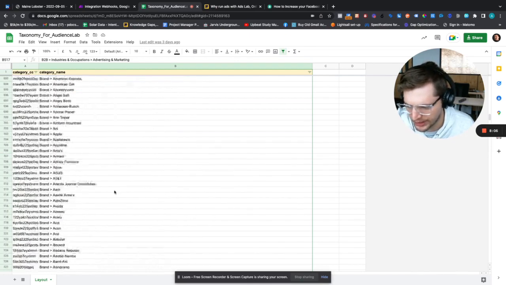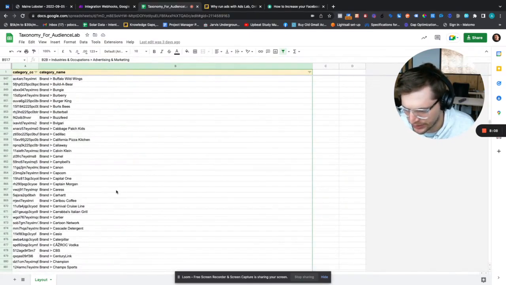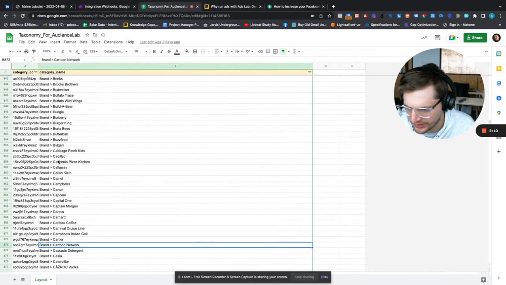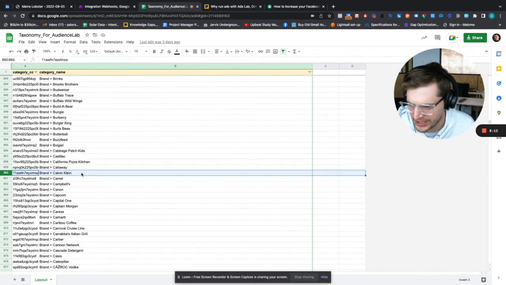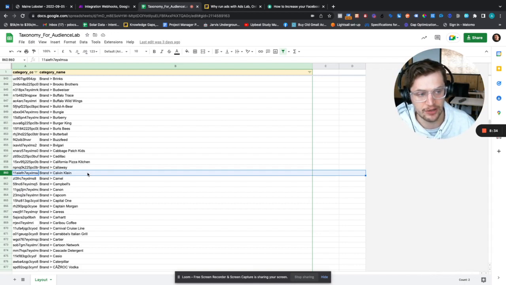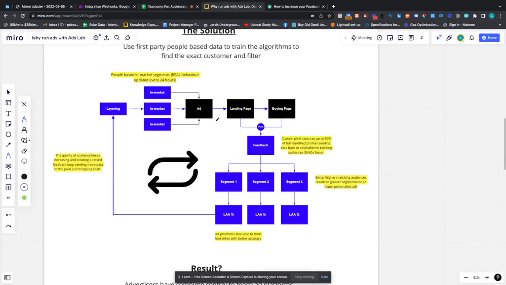And if I go down, I look at in-markets here, say brands, and I'm looking at Cartoon Network, or let's look at Calvin Klein. This is people that have actually been on the Calvin Klein website, right? Or have purchased something from Calvin Klein. It's not just somebody that has liked an interest, which is Calvin Klein. Choosing a Calvin Klein audience based on people-based data versus just doing it on any ad platform is night and day, because this is actual people-based data of people that have shown buying behaviors that they're interested in Calvin Klein, right? So that's the first bit we're going to do, is we're going to feed the algorithm with our own data, okay?